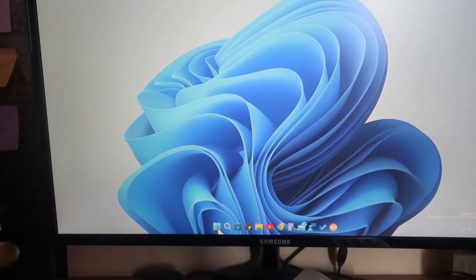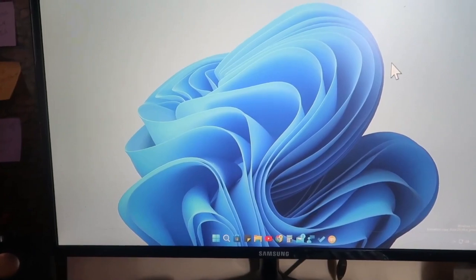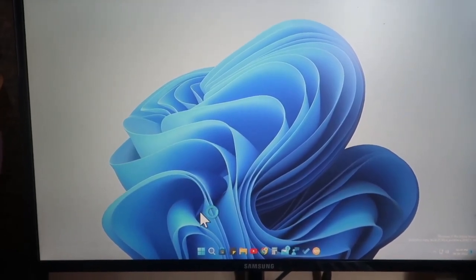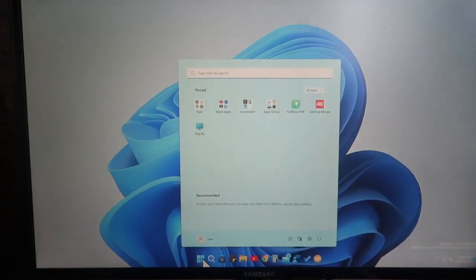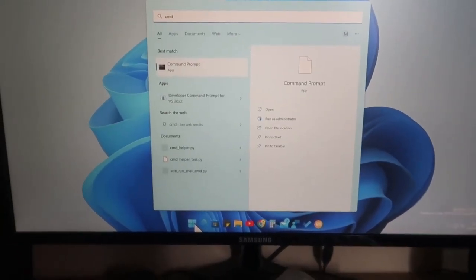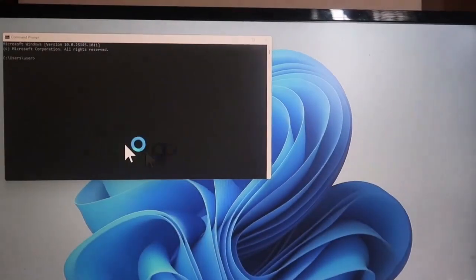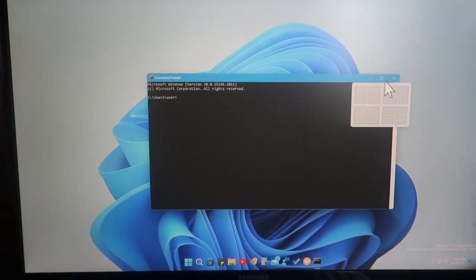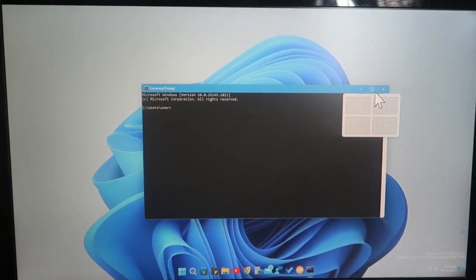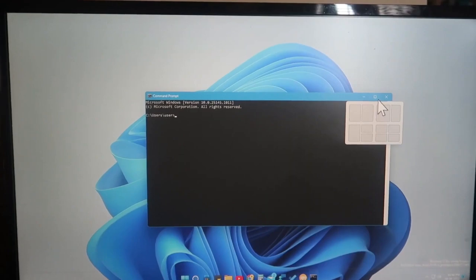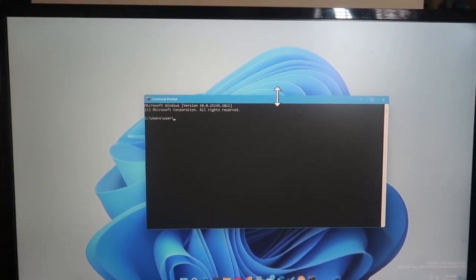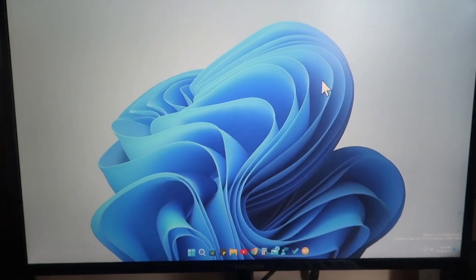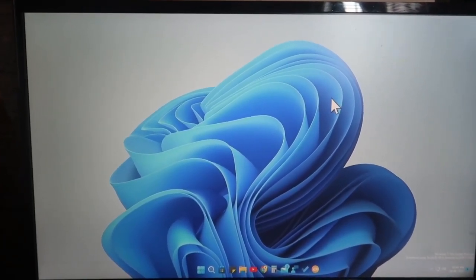Now we search for the command prompt, just to check whether the command prompt is working or not. Just click on the start menu. It is actually hanging. Just type cmd, and after that type command prompt. Yes, now the command prompt is working. Previously, after resetting your Windows 11 password, you couldn't use the command prompt. You have to switch the application back again after resetting your password. Only then can you use the command prompt. So this is the way you can easily change, remove or reset your Windows 11